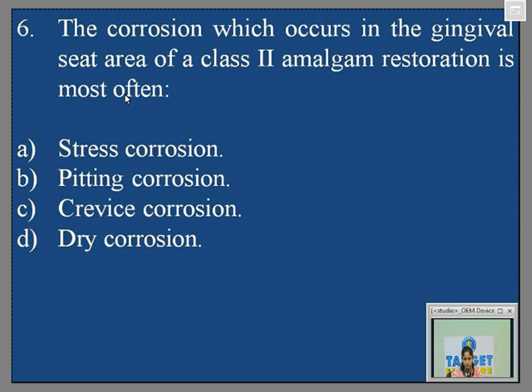We go on to the next question. Corrosion which occurs in the gingival seat area of a class 2 amalgam restoration is most often